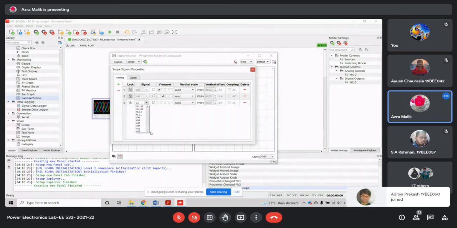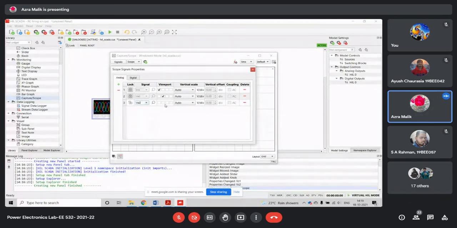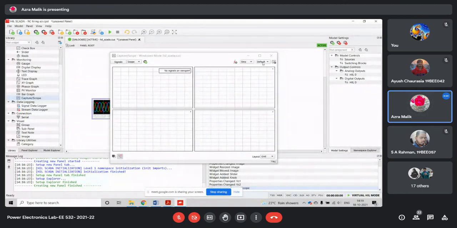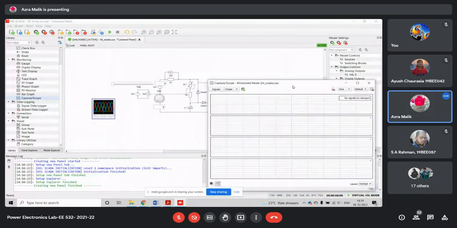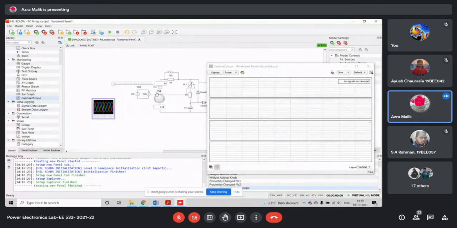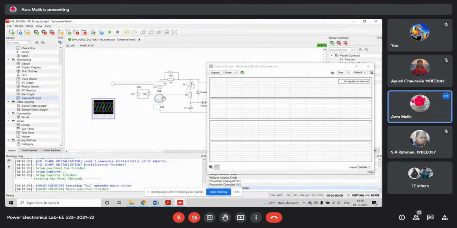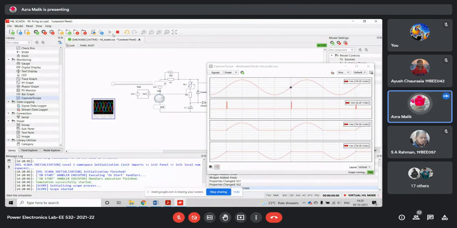After that, we can see VA2, and after that I can check VA1. So first of all we will check the waveforms for zero variable resistor.